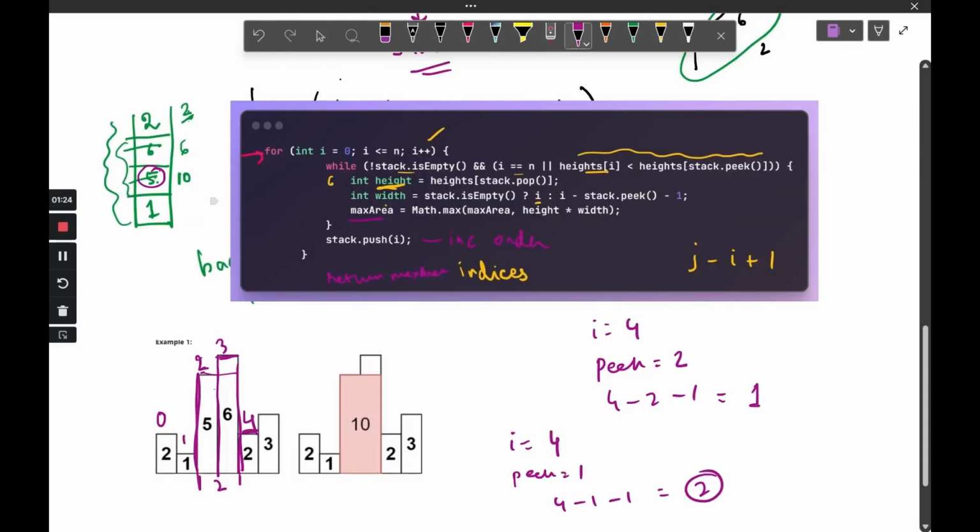Lines of code is so very less. It's hardly 6 lines of code. But the logic here is being derived from what we have done in the brute force. So if I